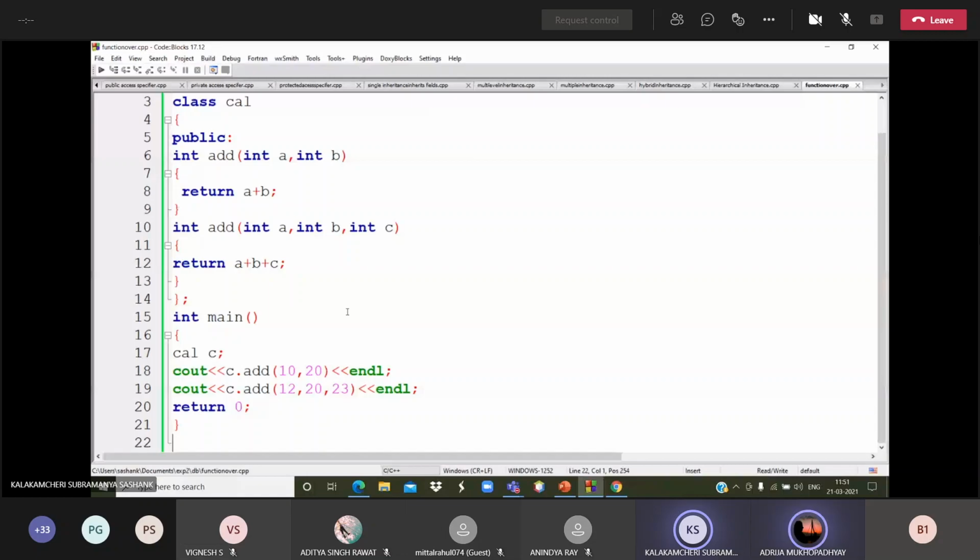Now it's changing the code in code blocks. I mean, what are you able to see in code blocks? Same program. It's not changing. Shashank, try to present some different screen, like only the output screen or something. Okay.